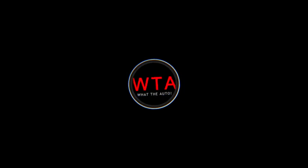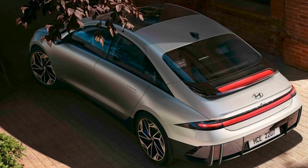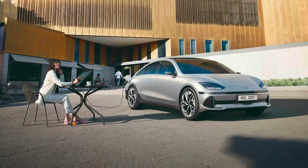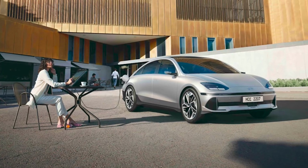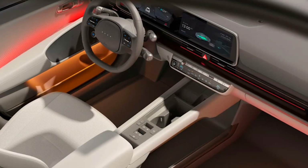The new Hyundai Ioniq 6 has a length of 4,855 mm, with a distance between the axles of 2,950 mm, a body width of 1,880 mm, and a height of 1,495 mm. Almost the main achievement that the engineers are proud of is the low power consumption, which is partly